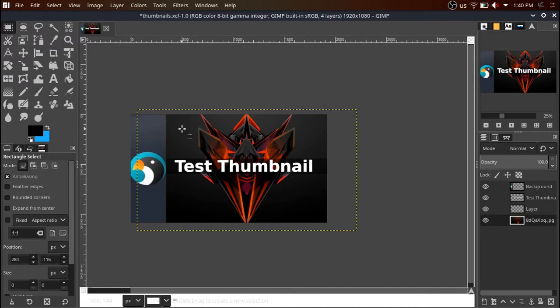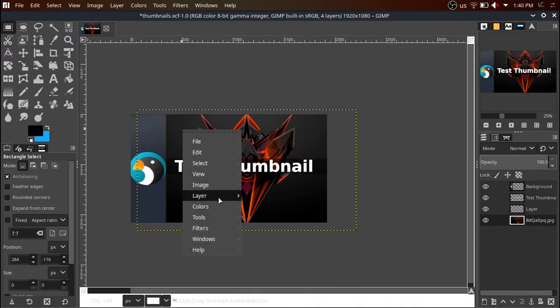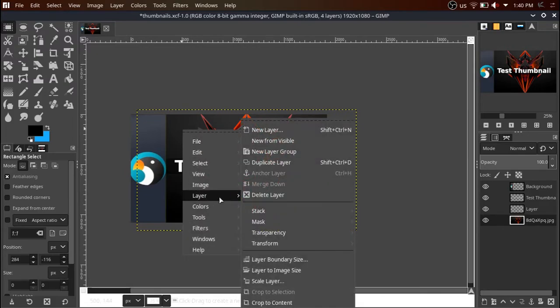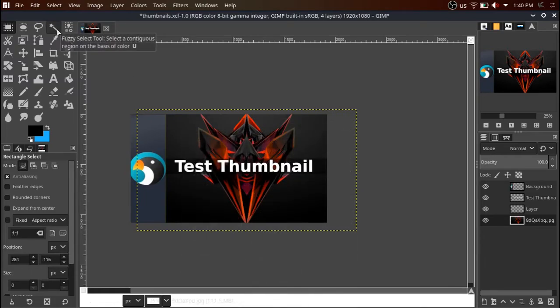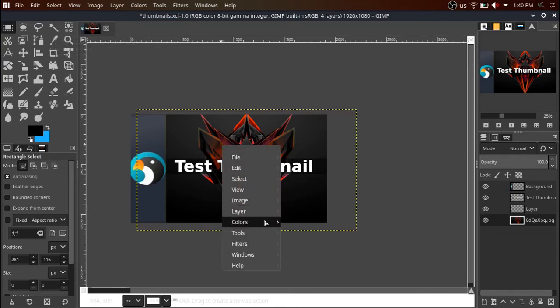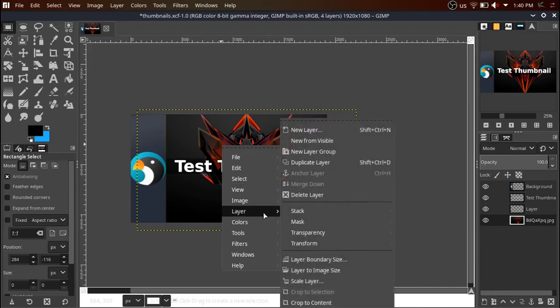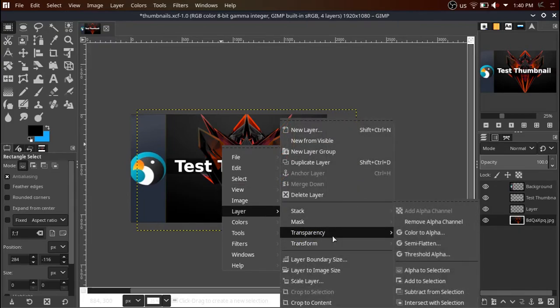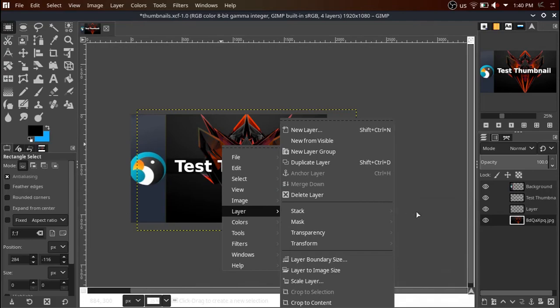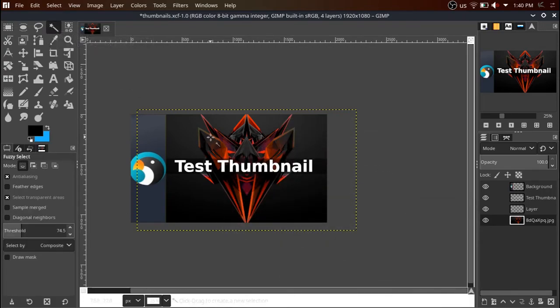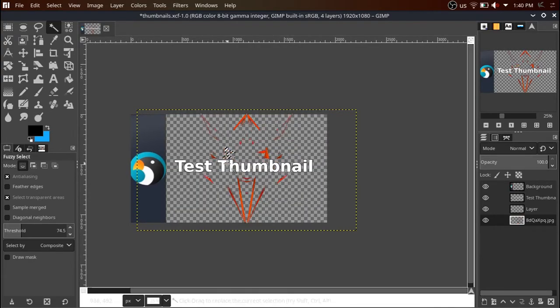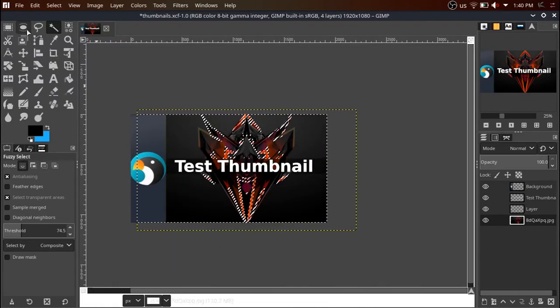Another thing that you could do, another really useful tool that's a must-have, is the magic wand or whatever it's called. Is that what it's called? Oh, well, in this case it's the fuzzy select tool. Initially I didn't know how to work with this, but if you go to layer and then transparency and then add alpha channel, if that's not already selected, you can do that, and then you can have the transparency tool here do its magic. But